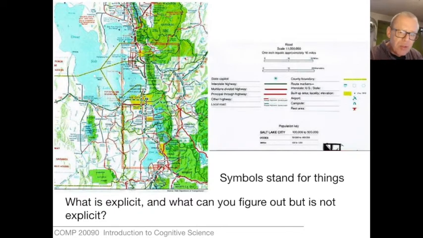And some of that information is really easy to get at, as it were. It's very explicit. So the names of places are spelled out completely explicitly, very clearly. There's other information in this map that's not as easy to get at, but it's there nonetheless.